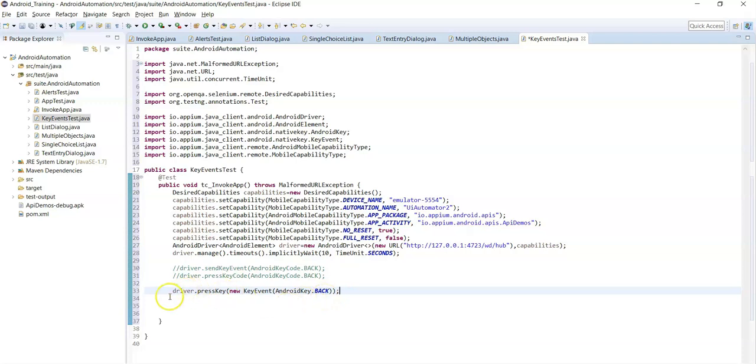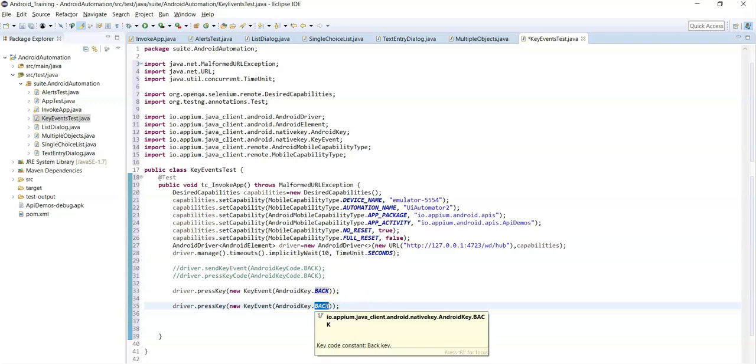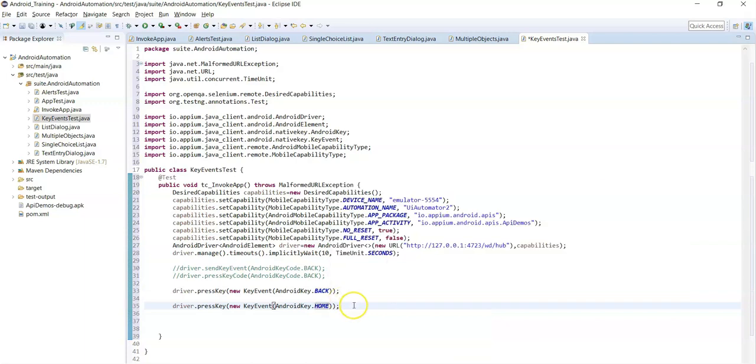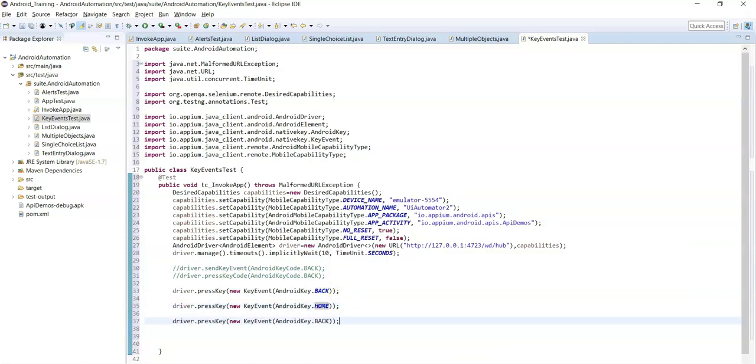Now to simulate other keys like home and switch, similarly we can handle multiple key events. Home, similarly app switch.